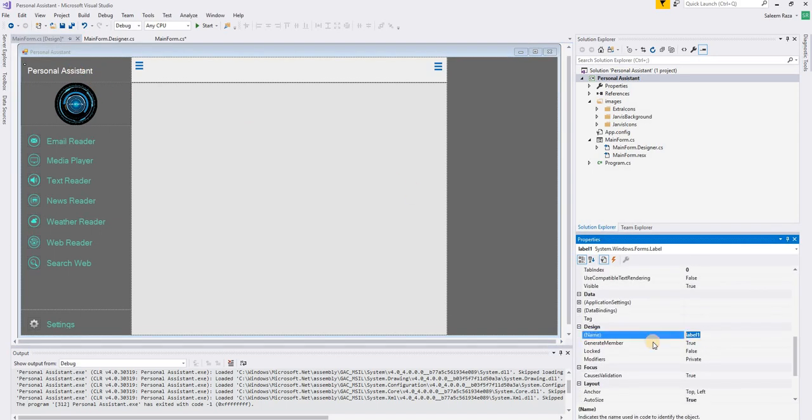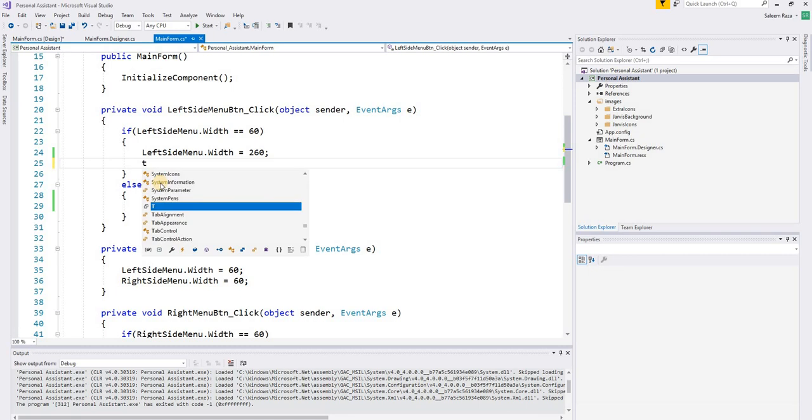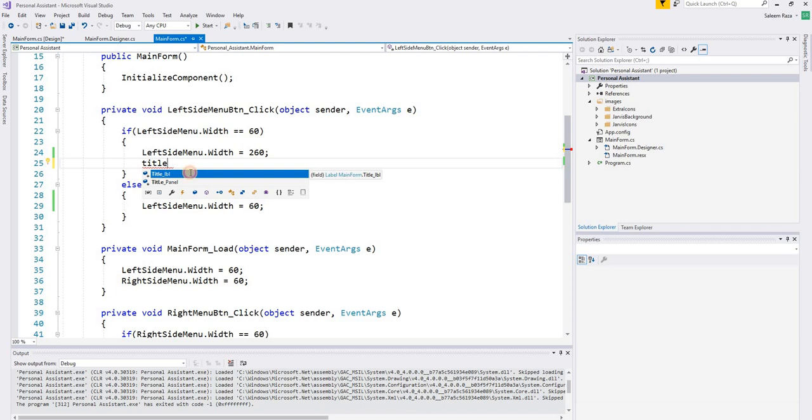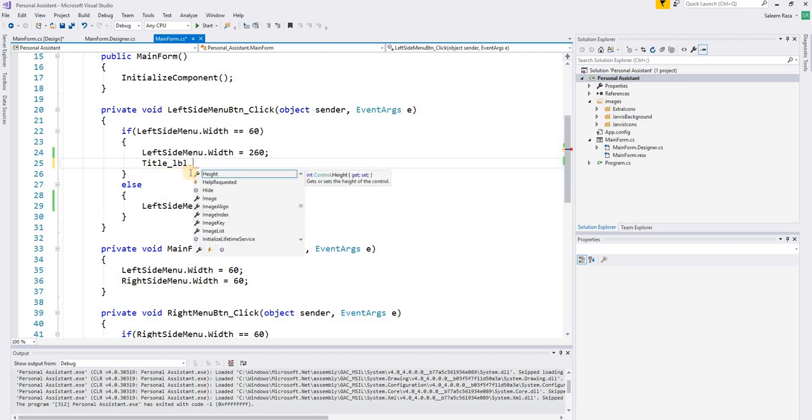I will call this logo, now title label, LBL, like this, title underscore LBL, and I will save it, and then I will call it title LBL dot content, not dot text, is equal